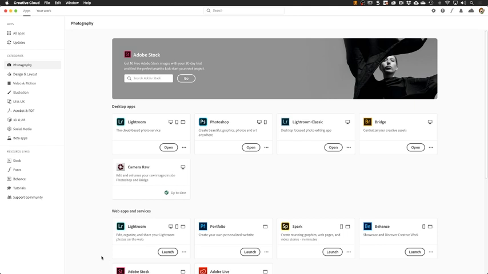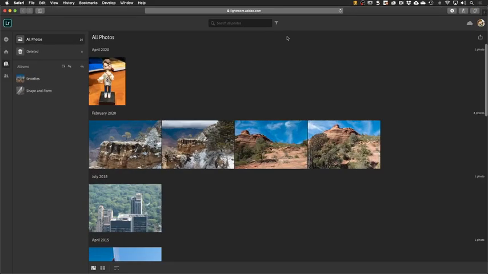So I'm going to switch back to the Creative Cloud here, and down where it says Web Apps and Services, I'm going to click Launch. And that's going to open Safari. Let's pull Safari over here. Look closely at the top at the URL address. It says